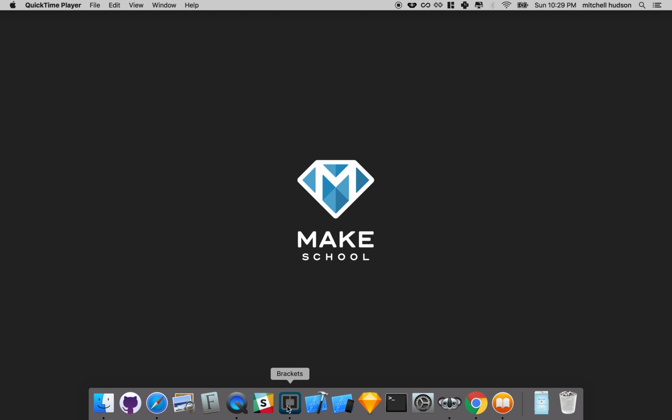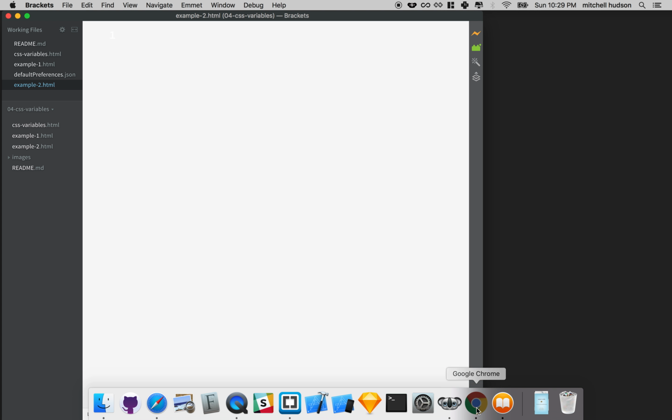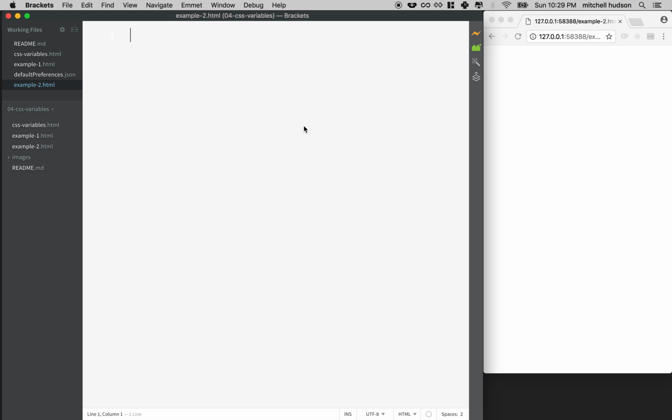I'm going to pull up Brackets here and pull up Chrome, and what I'm going to do is make a div that will act as a button. So I'll give it a class here and we can call it button, and maybe I'll give the button a label too. I'll say okay, it'll be an OK button, right? And then what I'm going to do is create a style sheet here, and I'll just put my code in this